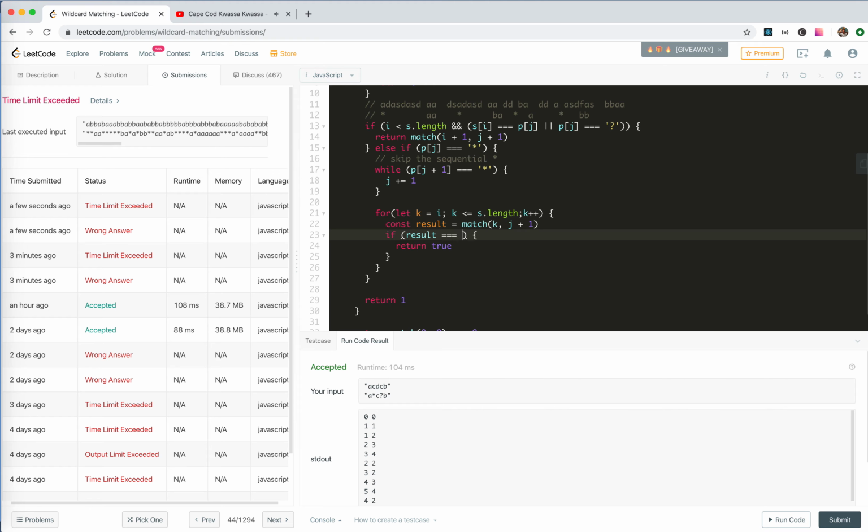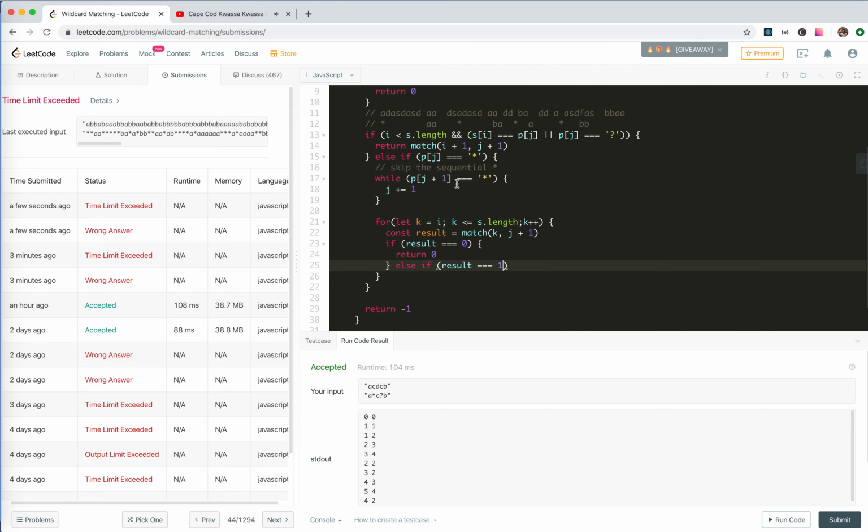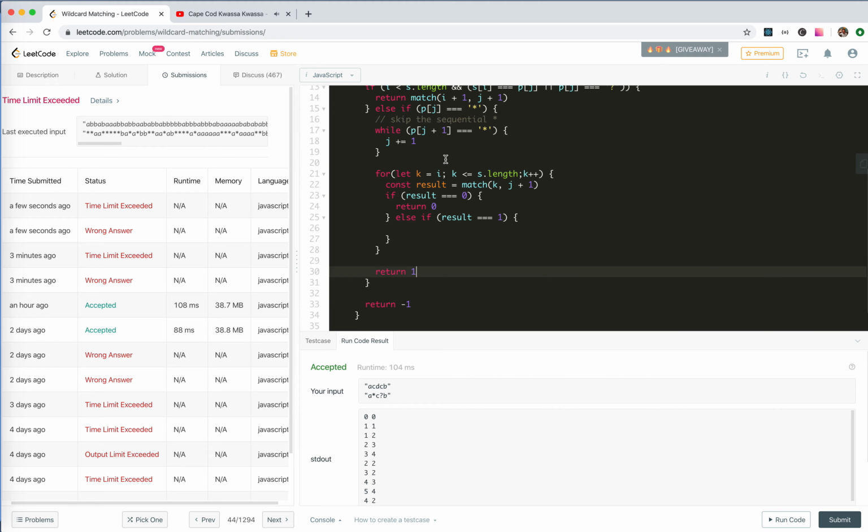If result equals 0, it's true, then we return true, right? Else if result equals, let's say false means -1. So if it's 1, that means it starts with an asterisk. So if the result is asterisk, which means here we return asterisk, which means it starts with the asterisk, but it does not match the whole